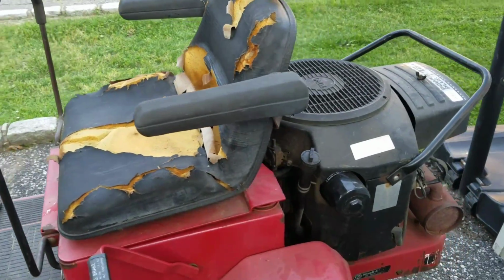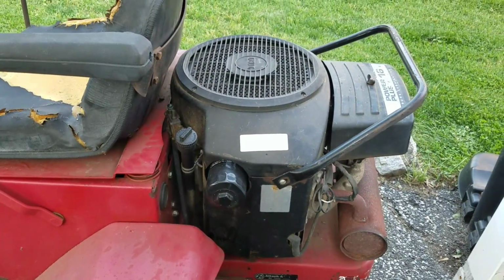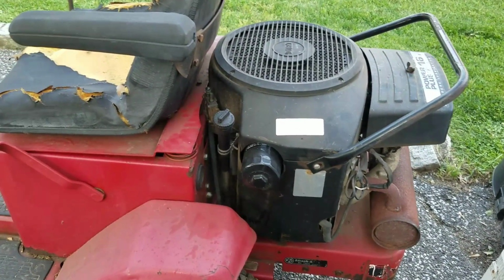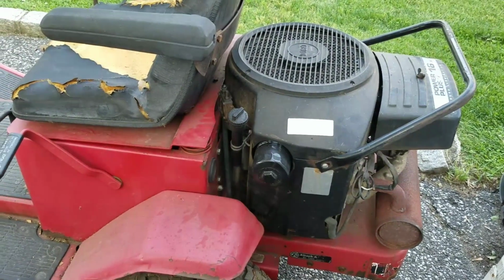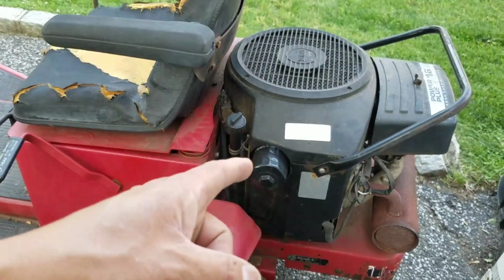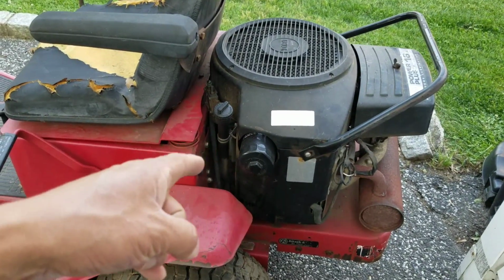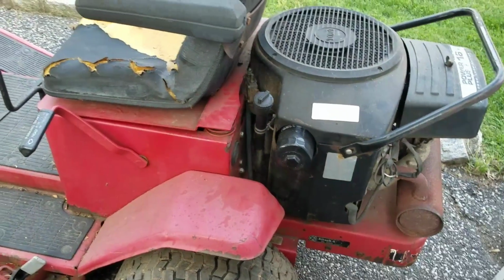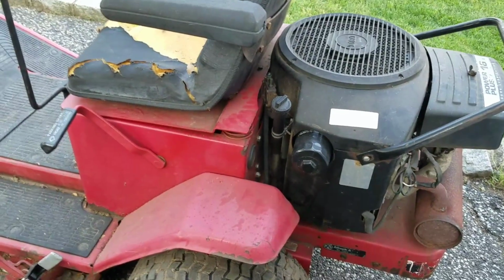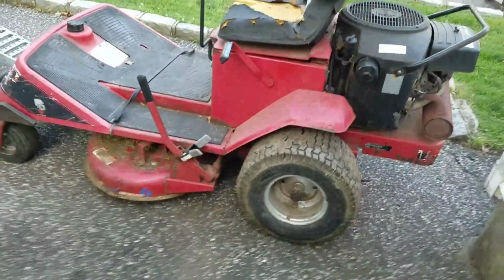But I'm pretty excited, to be honest with you, because I've never worked on an Onan, right? Opposed twin. My boy Kyle told me that these are extremely rare, but can be temperamental. Definitely not looking forward to the temperamental part of it. So I'll try to roll this into my garage and